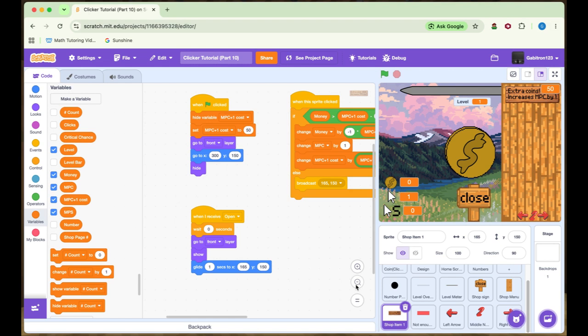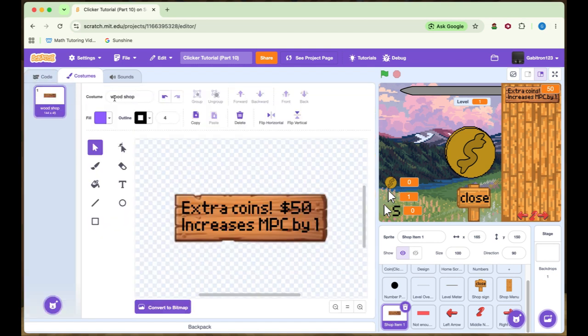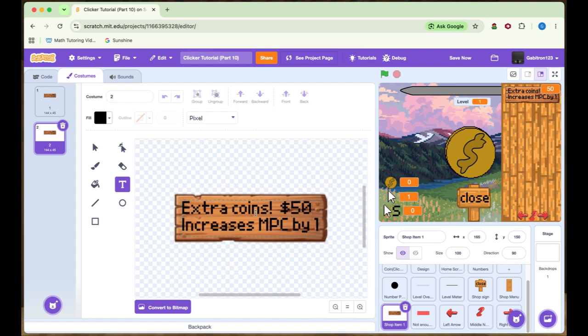How this will work is we'll have different images and different costs for whatever page we are on, but we're going to use the same shop sprite. So first thing we're going to want to do is change this to say 1, and then we're going to duplicate it, and we're going to change the word so it says something else. I'm going to change it just so it says